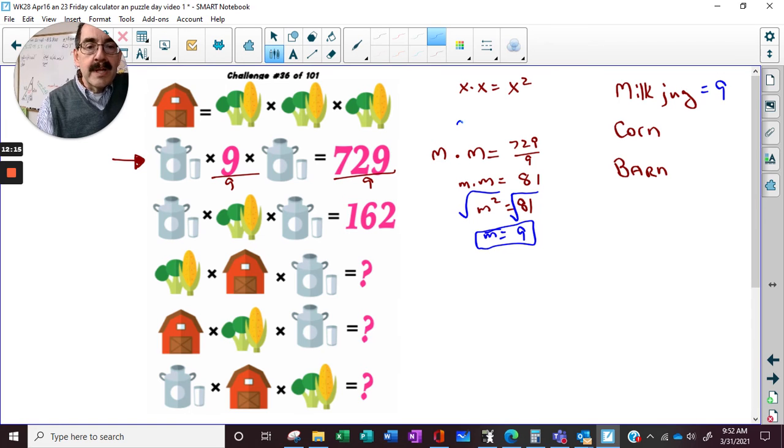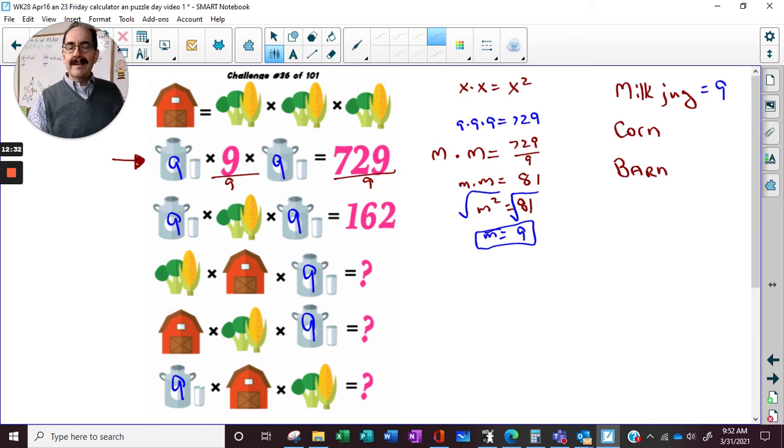And we just learned that 9 times 9 times 9 is 729. Okay, so wherever we see a milk jug, let's start at 9. 9, 9, 9, 9, 9, 9, 9. If you want, pause the video. You guys finish the puzzle. Spoiler alert. Okay, grab a new color. And right here,